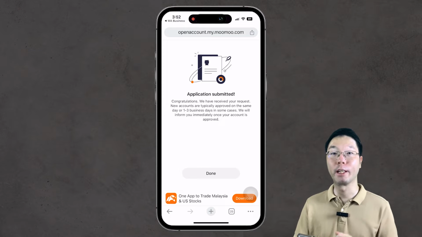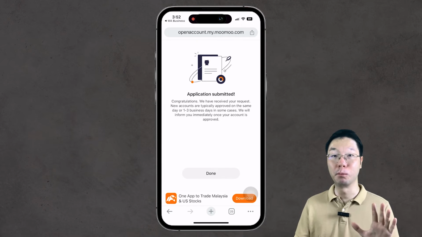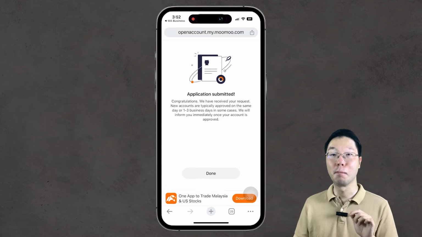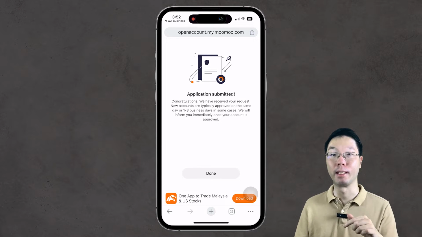So congrats, your application has been submitted, but has not yet been approved. You should hear back from Moomoo within 1 day, the same day, or within 1 to 3 business days. For me, the approval was within a few hours on the same day that I applied for this